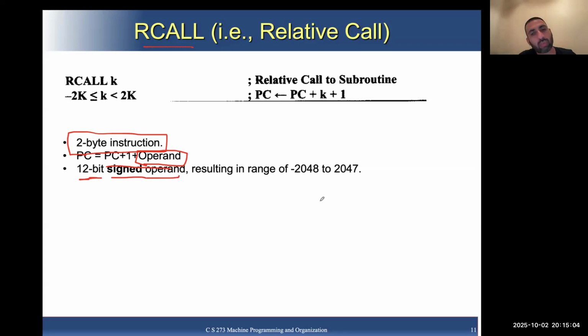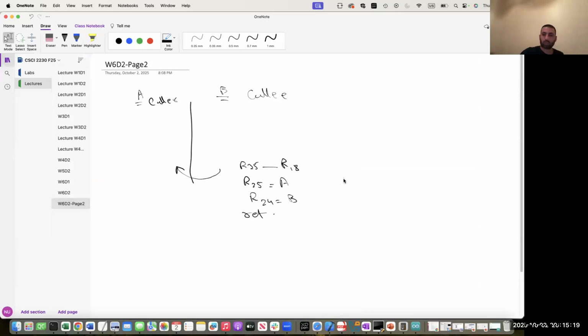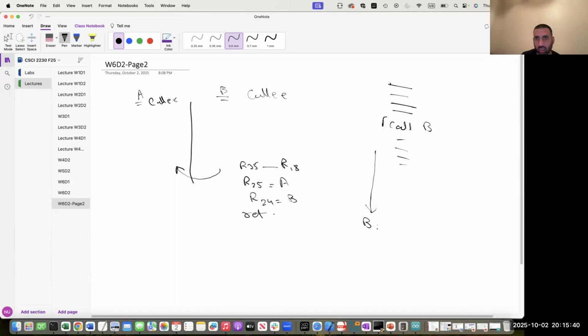So if they are interpreted as a signed number, the range of a 12-bit signed number is -2048 to 2047, right? So it means that if you have a caller function, again, let me go back and explain. Let's say you are writing a program here, and then here you say call B, right? And this is an assembly program. And now how far this B can be, how far the address of the function B in this call can be from the current instruction,